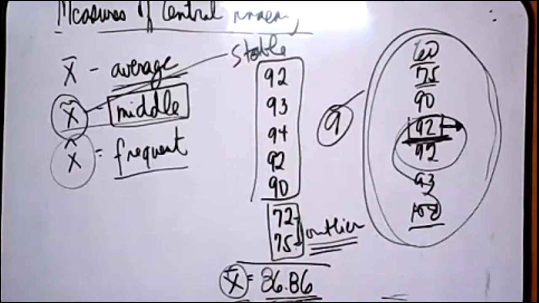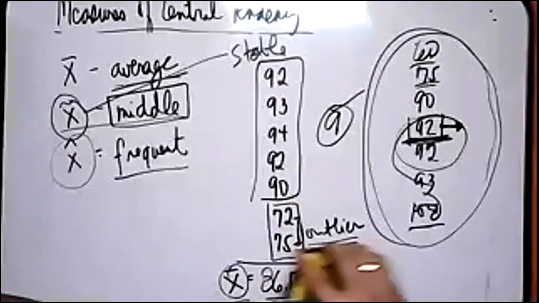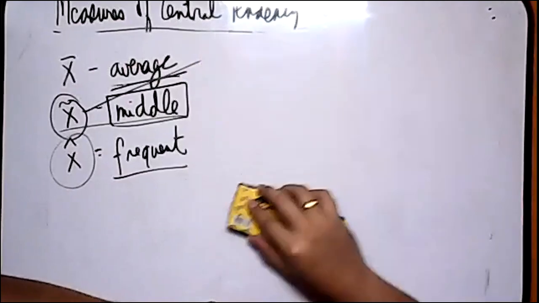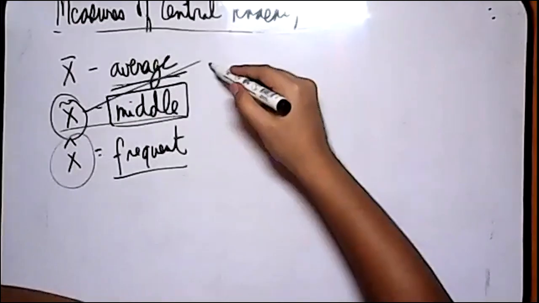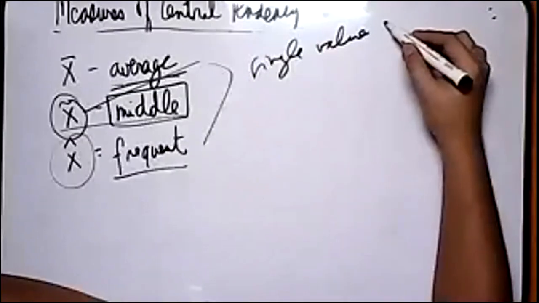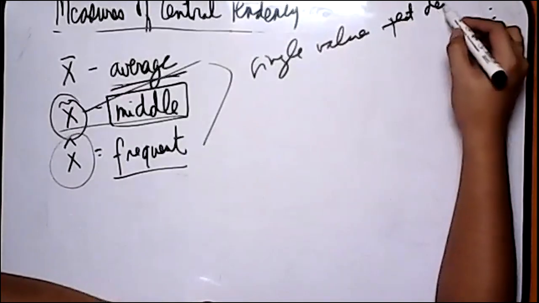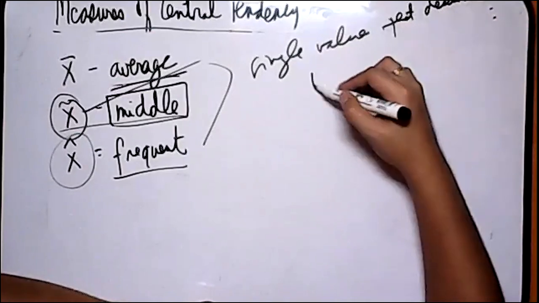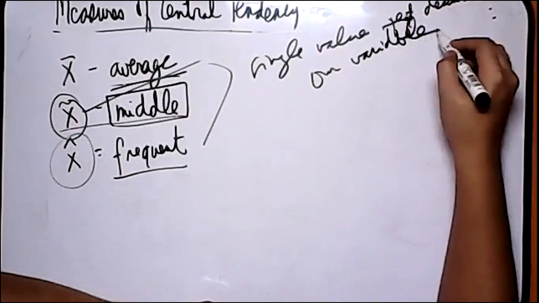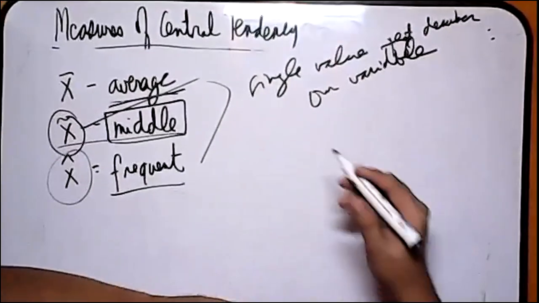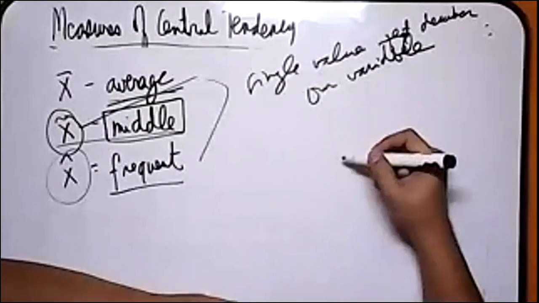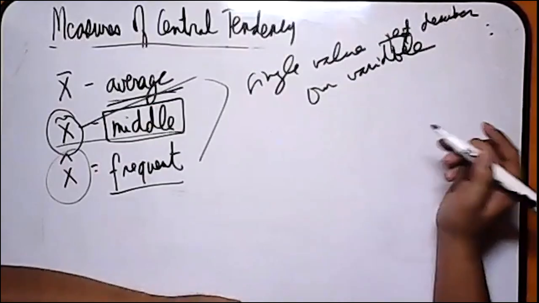So my point, therefore, ladies and gentlemen, is that the measures of central tendency is a single value that describes our variable. Let's take for example, I am studying the effect of my intervention program in statistics, hypothetical lang,